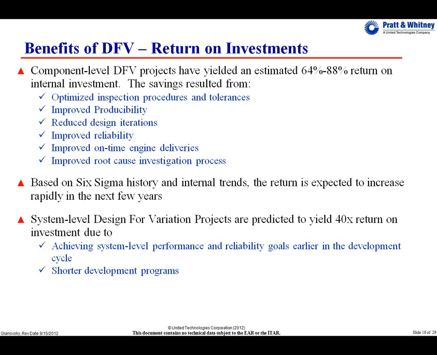We expect that to increase in the next few years, especially once they take these models they've made and just pull them out of the box for use on the next engine design, the next engine program. Then, we intend to start using design for variation at a system level, since we've whetted our teeth on everything else. If we start using it to predict our reliability goals and our performance metrics, we expect we could save as much as 40 times the amount we put into it, shortening our development programs and proving well ahead of letting the engines run for thousands of hours that we will meet our metrics.